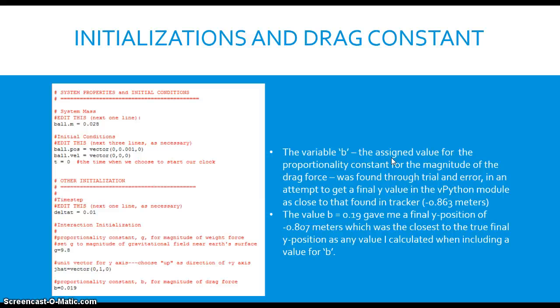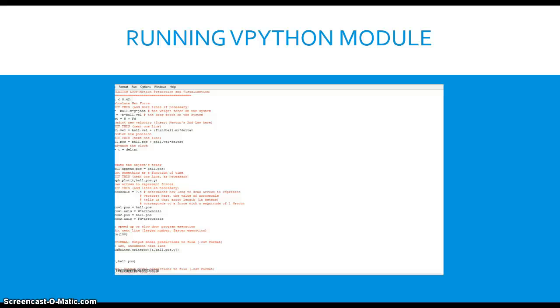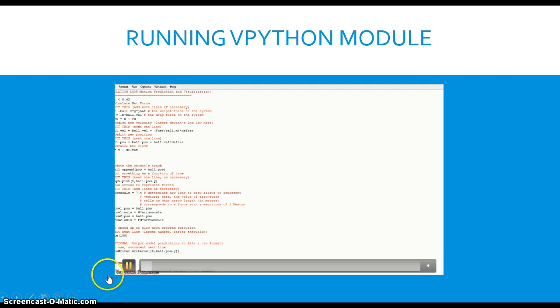So the closest I got to the final y position in Tracker, which was negative 0.863 meters, the closest I could get to it with the value of b equaling 0.19 gave me a final y position of negative 0.8 meters, which was fairly close, but interestingly enough not as close to the final y position that we would find if we did not include the drag force at all, which we'll discuss later. So if we run this Python,